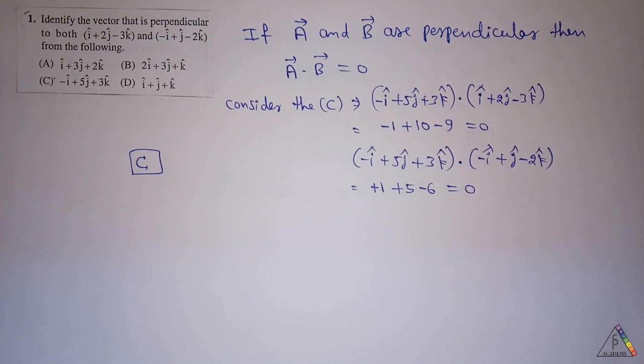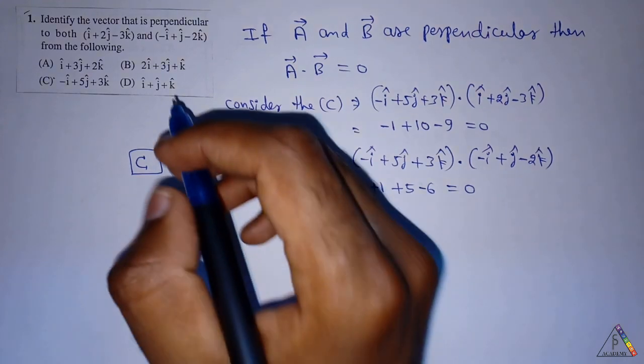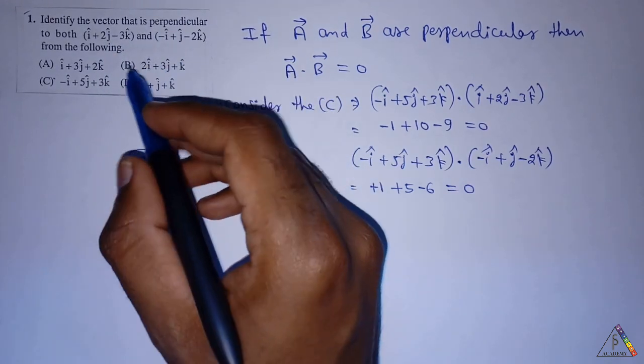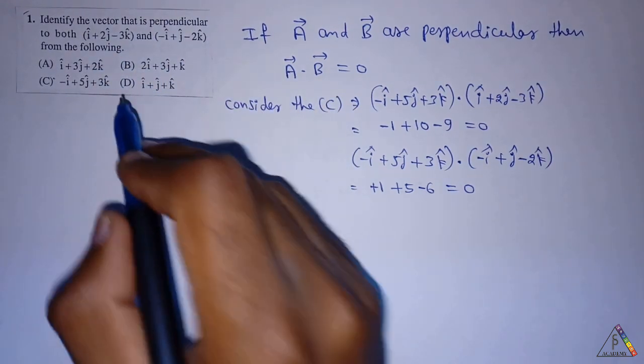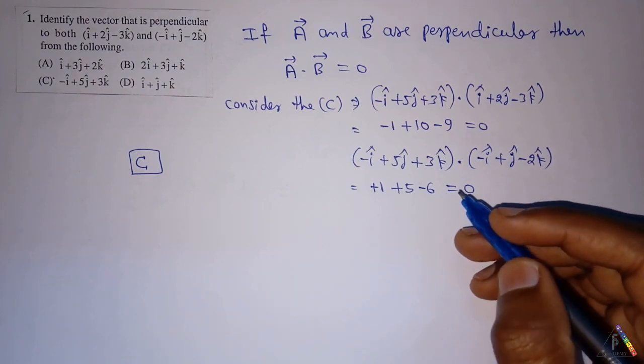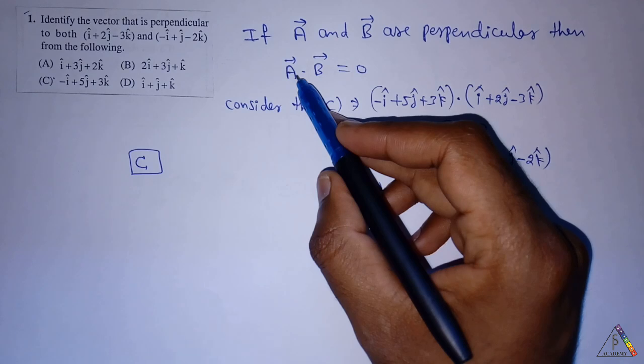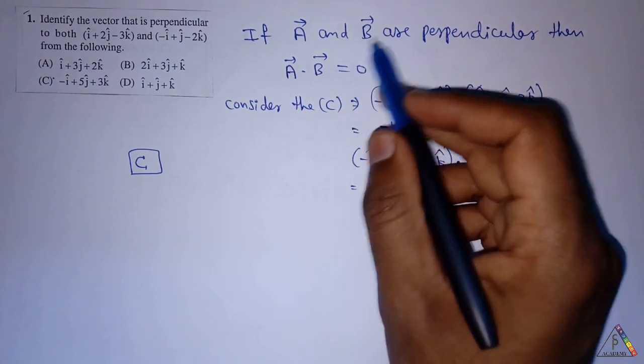Physical science question paper which was held on 27 September 2020. In that, the first question is: identify the vector that is perpendicular to both this vector and this vector from the following given vectors. From our previous videos, we know that A vector and B vector are said to be